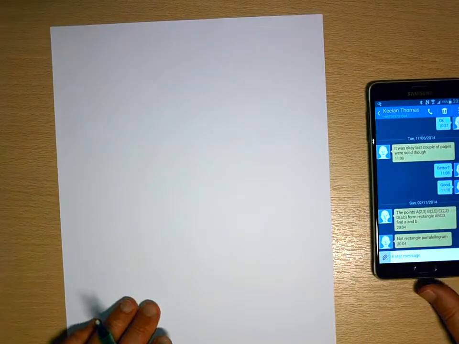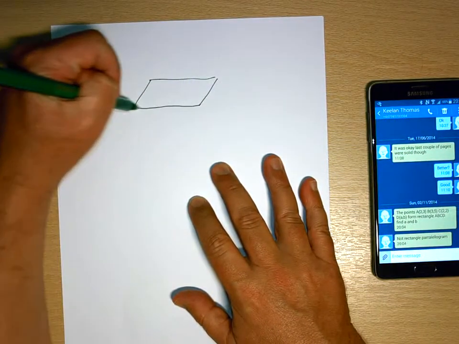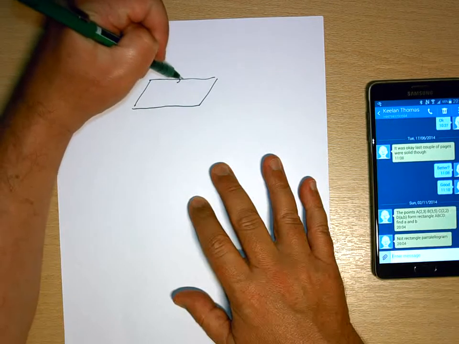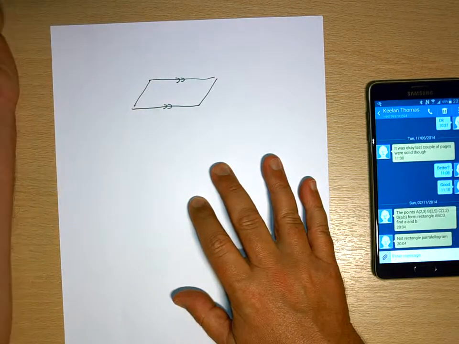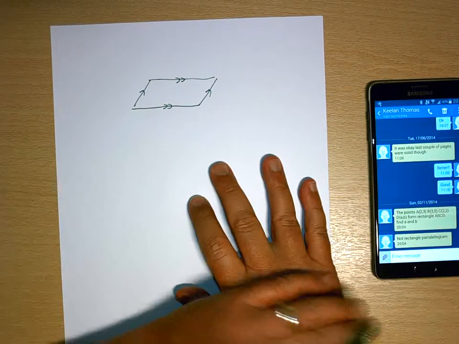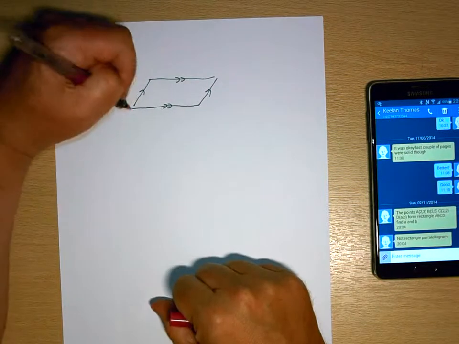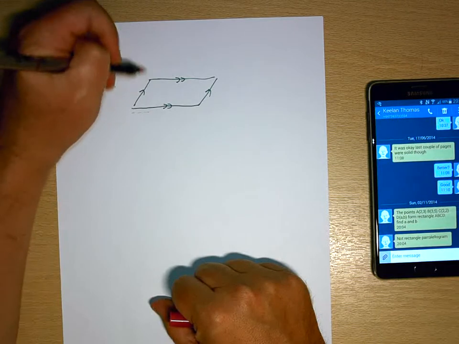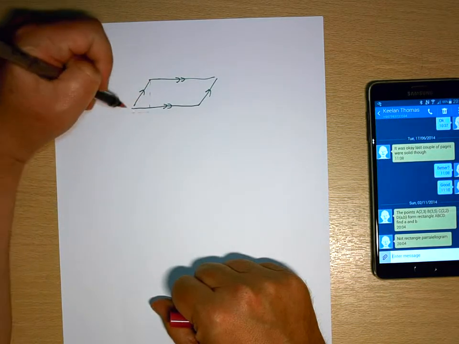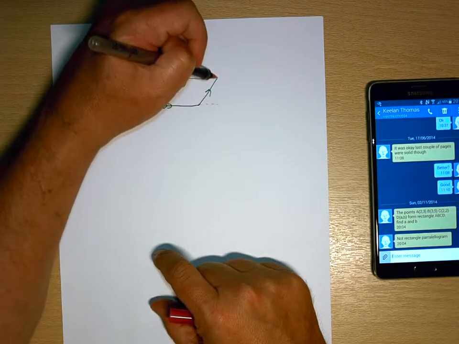Right then, Keelan. The clue is the fact that it's telling you that it's a parallelogram. If it's a parallelogram, no matter where it's drawn, that side and that side must be parallel, and that side must be parallel. Now, in order for that to happen, the displacement, the distance that you have to travel horizontally and then vertically, for that to go from there to there is the same as to go from there